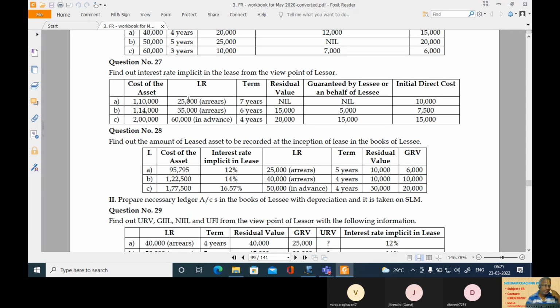See, remember that in the last class we were seeing something on finding out the interest rate implicit in the lease, right? Then